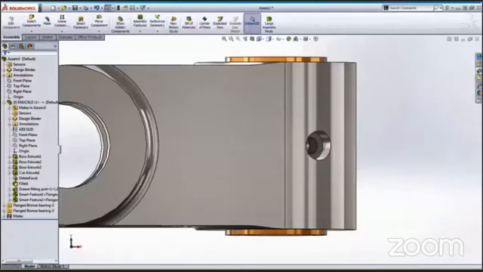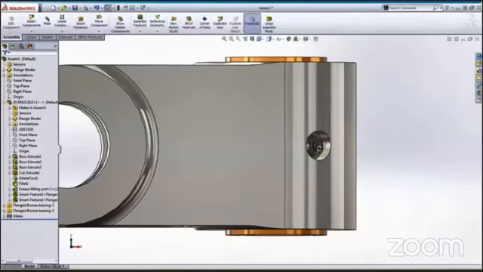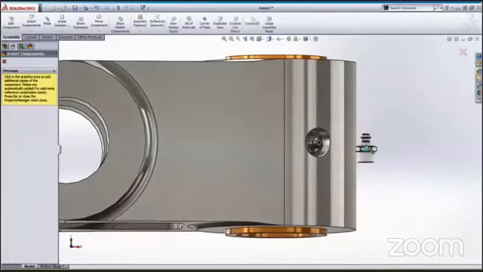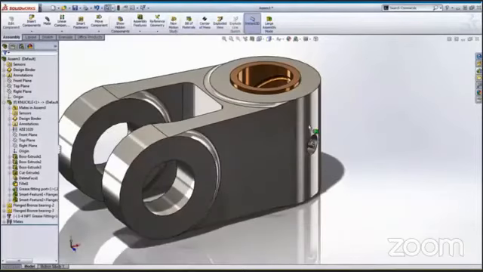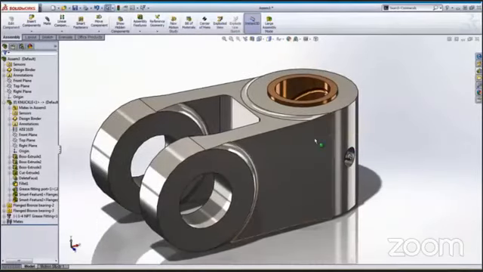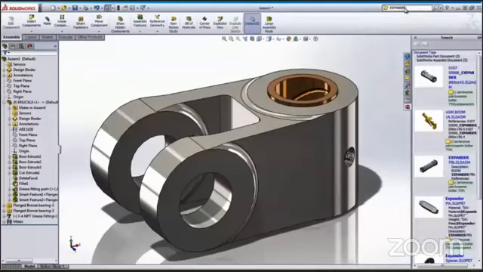We need to add a pin to the assembly for models that are not in our design library. We can leverage SolidWorks search to find items anywhere on our computer. Search for all the models with expander in their names, or describe and drag and drop the proper model into our assembly.